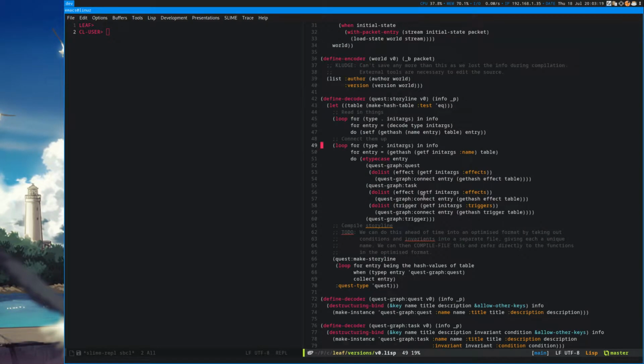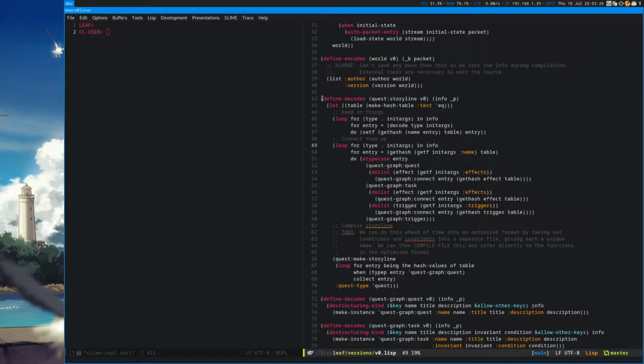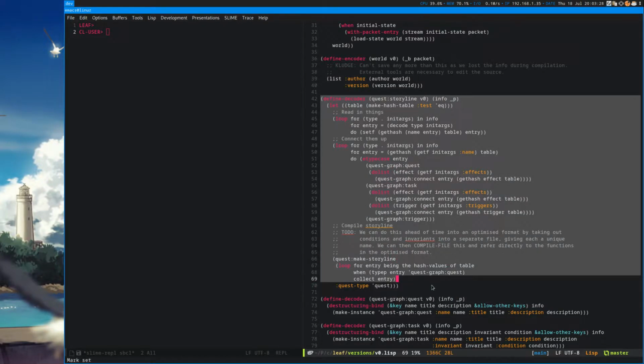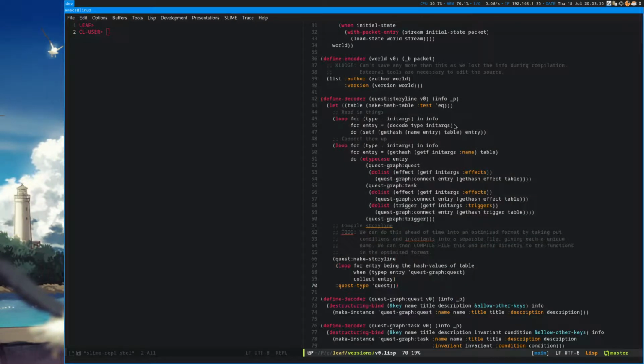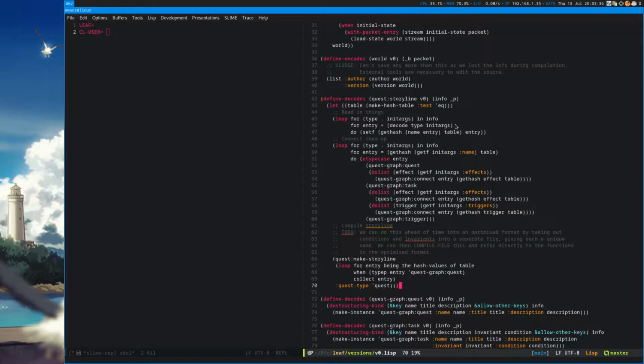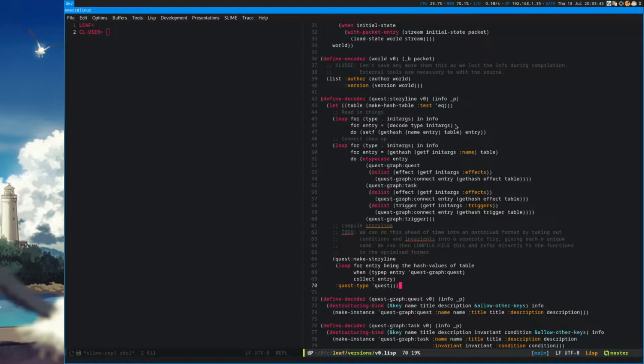Another thing is the reason why I decided to go for dumping the graph representation of the storyline onto file rather than compiling things is because once you compile a source form, you don't have access to the original source anymore, and you can't dump compiled functions.